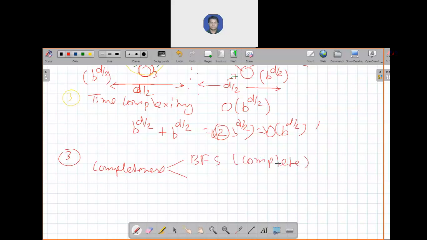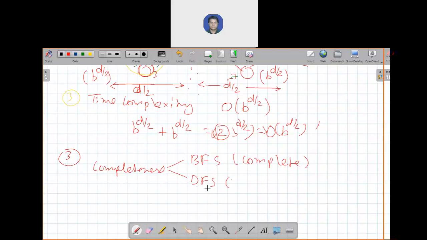If there is one path between the start state and the goal state, BFS will definitely be able to find that path. But in the case of DFS, it does not give you a guarantee to find the solution, to find the path between these two states. You can write that it is not complete, because in many cases it does find the path. But there is a chance in DFS that you cannot find the path between the start state and the goal state, even though that path exists.